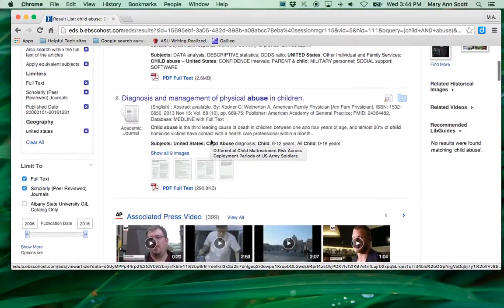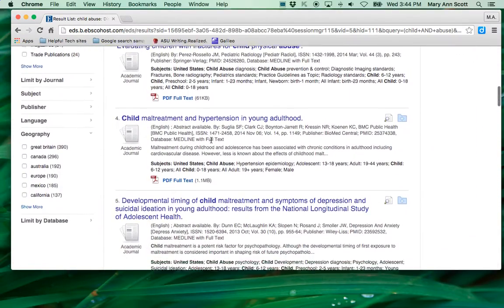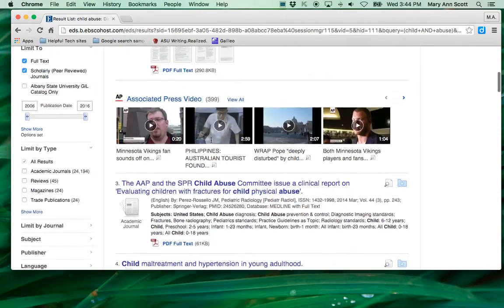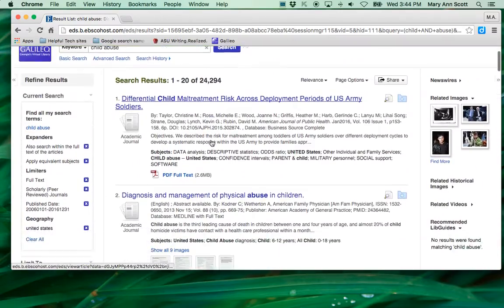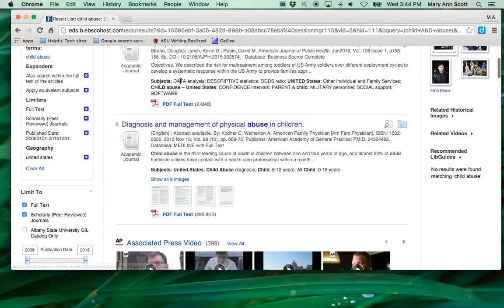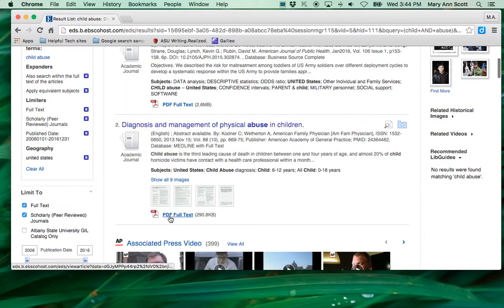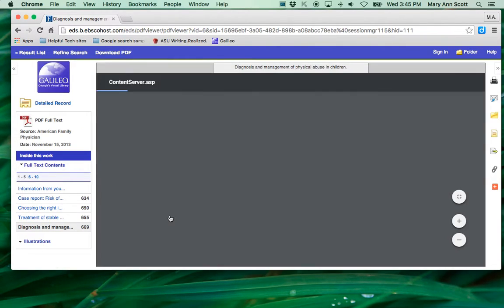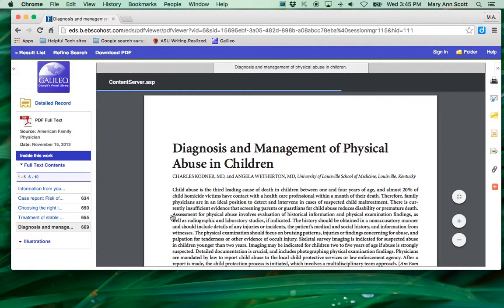And as you can see, these are mostly academic journals. So let me take a quick look. You'll notice that we have these full text PDFs. That's the best source. Sometimes you'll get HTML full text and those are fine, but whenever possible, I like to go to the full text PDF and I'll show you why. When you pull up the PDF, it's a lot more like pulling up the actual journal itself. It's like a Xerox copy.